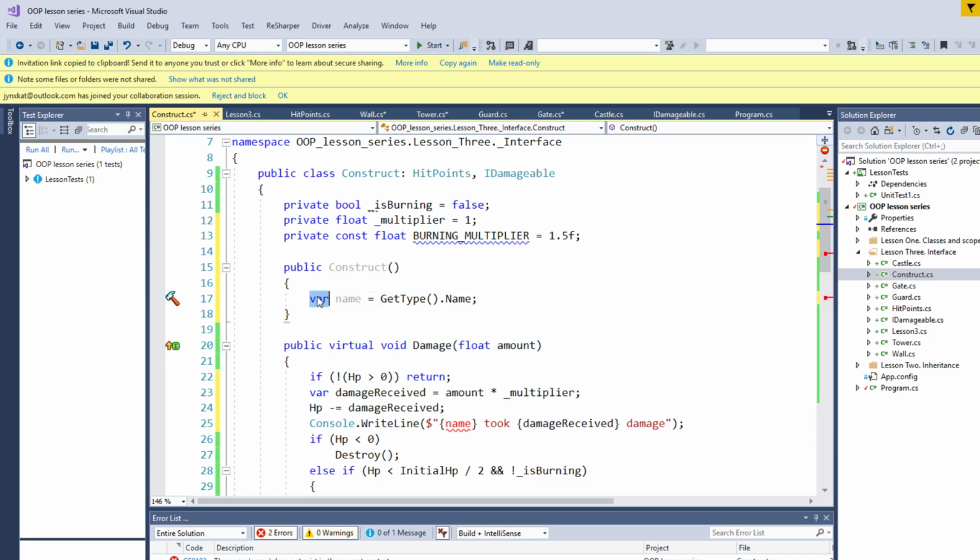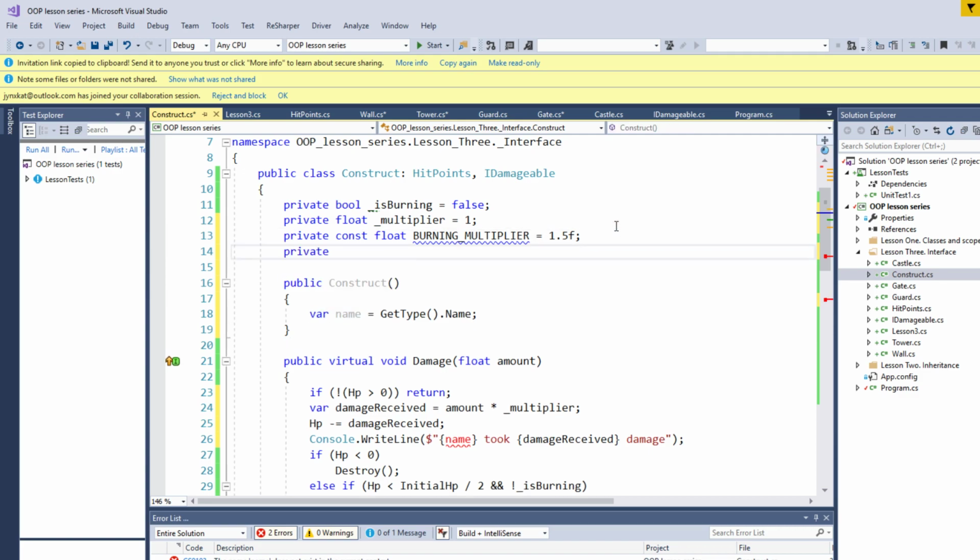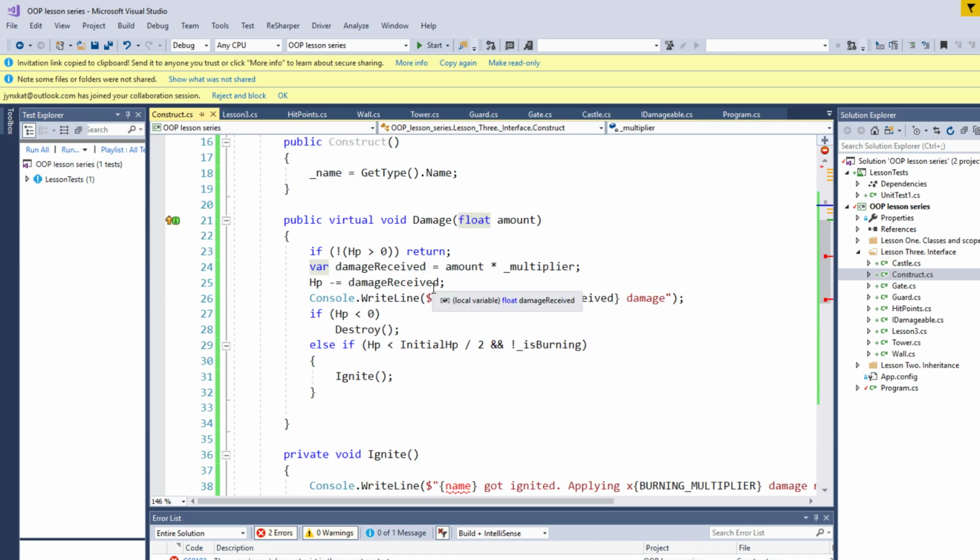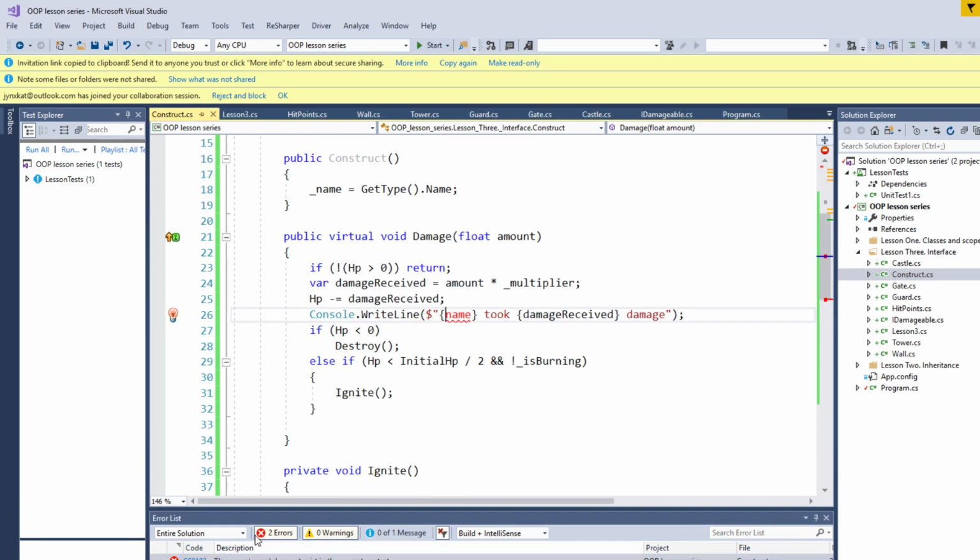So we simply set the name, private readonly string _name is here. Done. So underscore name,